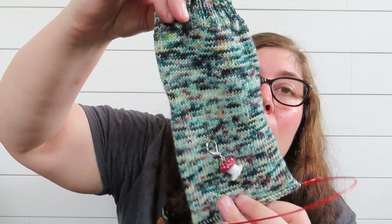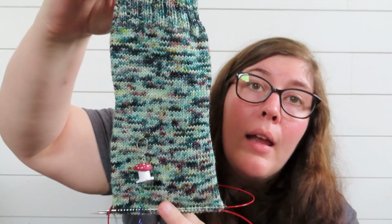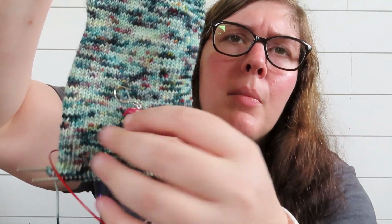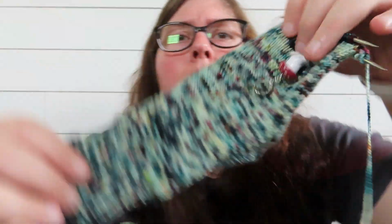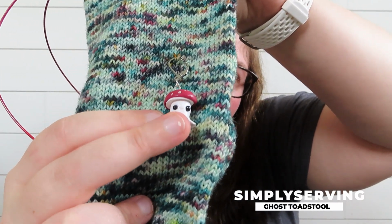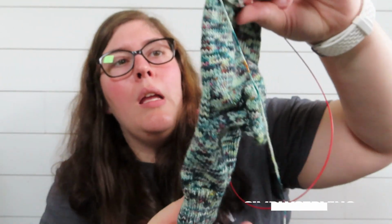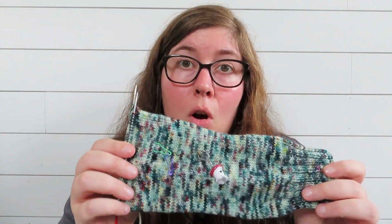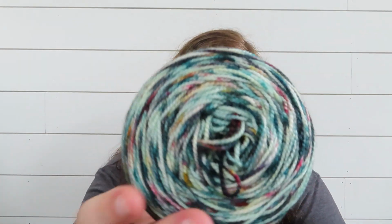In here I have a vanilla sock, heel flap and gusset. I believe this charm is by Simply Serving. See if I turn the sock on the knitting direction. It is a little ghost mushroom, and I am at least 25-ish rounds into my foot. I usually do around 50 to 56 for myself, so almost done with this one as well. So it will be done very, very soon,